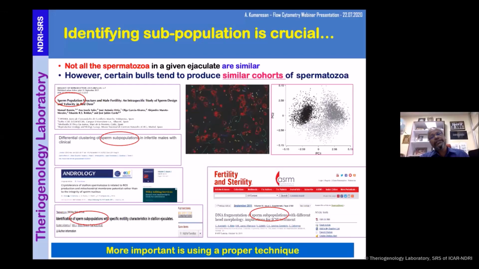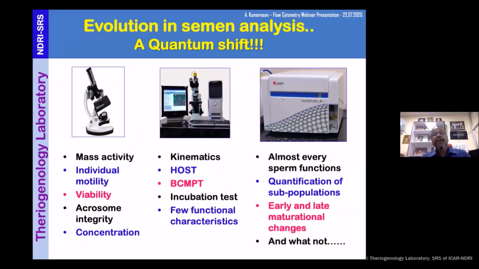So how to identify these subpopulations? Now it is possible to identify. Previously, it was not possible because of the developments in the analytical tools. Previously, when I was working in IVF in 97, 99, I was having only this simple microscope to see like this. That's the facility we had at that time, so with that only we assessed all this.